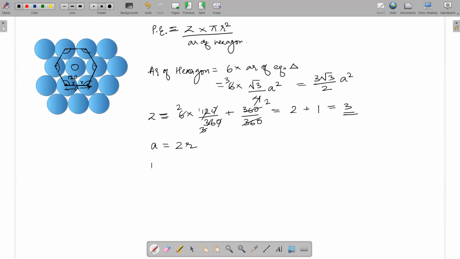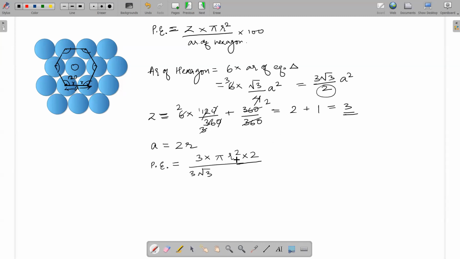Just you have to put it in the equation. So packing efficiency. Now see, I always forget this 100. Please remind me if you see I'm forgetting the 100. Okay. Z is equal to 3 into pi R square upon 3 root 3. Can I multiply 2 here? Yes, sir. Are you all fine now if I multiply 2 above rather than writing here? I guess you are okay with this.